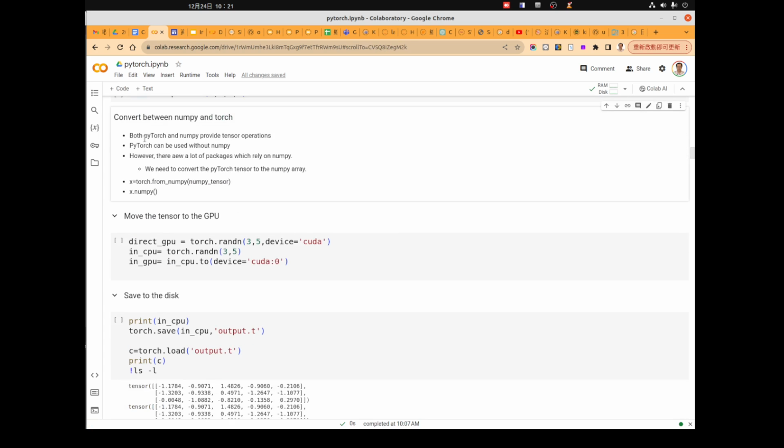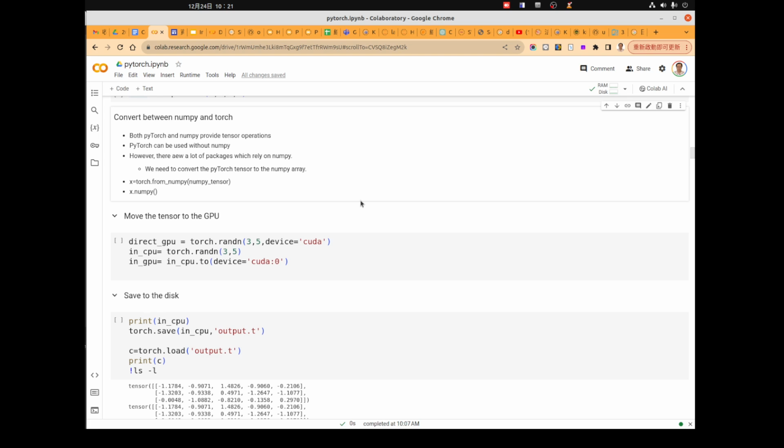Since NumPy is very popular in Python, there are a lot of libraries used to handle the data. For example, to load the image and do some multiplication, data augmentation or some transform. For example, we can apply some filter or resize the image.